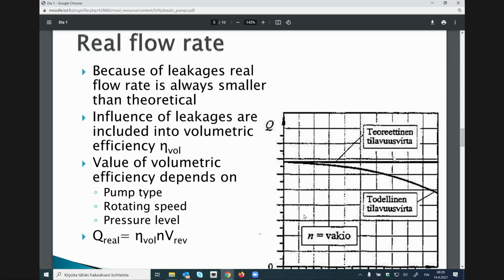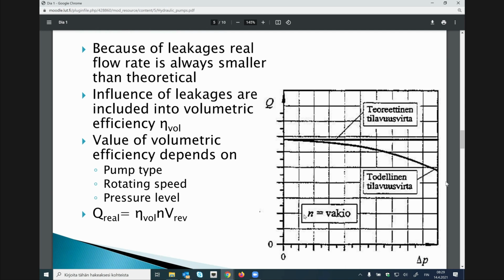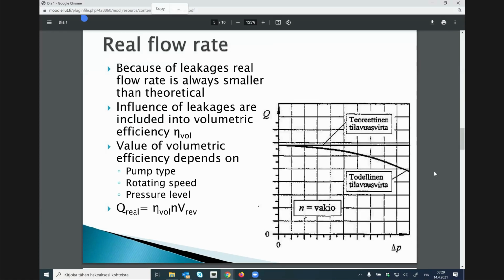This text here is in Finnish, but this horizontal line is called theoretical flow rate, and this other curve is called real flow rate. And it says that N is constant, meaning that the rotating speed of the pump is constant. And why is this? The pressure is raising here, you see. So in zero pressure and the more higher pressure, the real flow rate will be a little bit less. And why is this? It's because there are some leakages, and I think it is quite easy to understand that the more pressure we have, the more